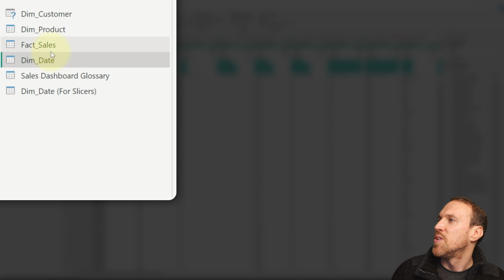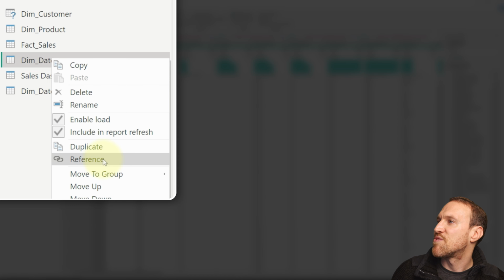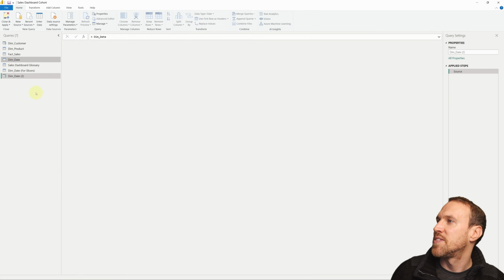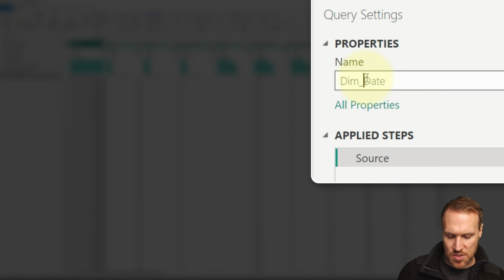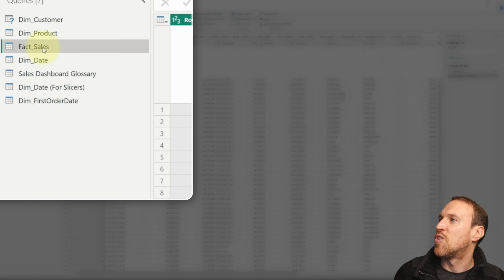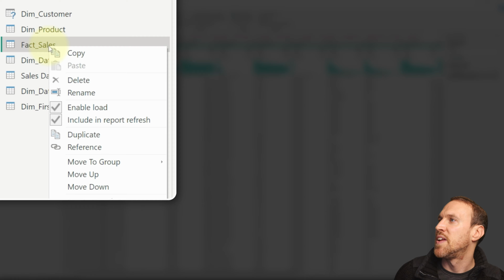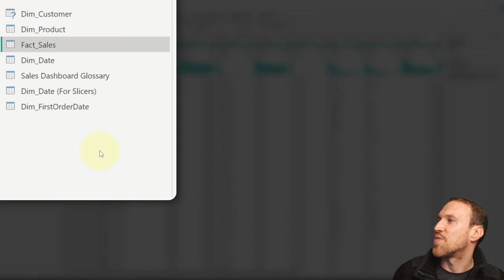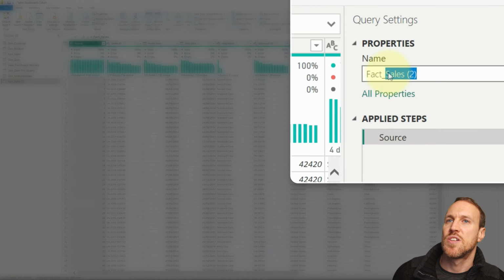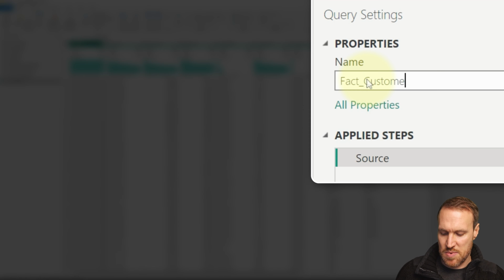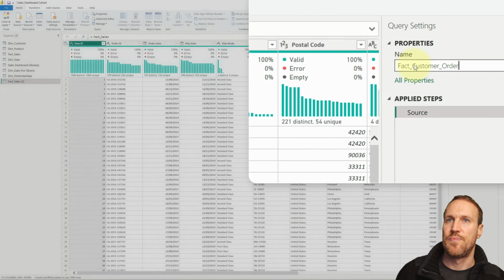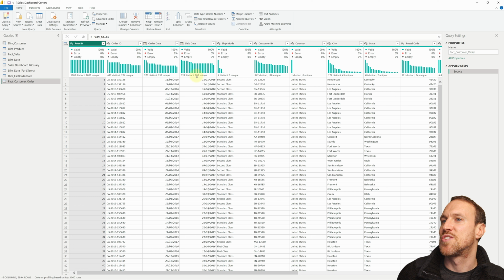Now you have your fact sales table and your dim date table set up. All you need to do is take a copy by referencing your dim date table like this, and then calling this one dim_first order date. Then go to your fact sales data that you've loaded in, right click, reference, and then change this one to fact customer_order,